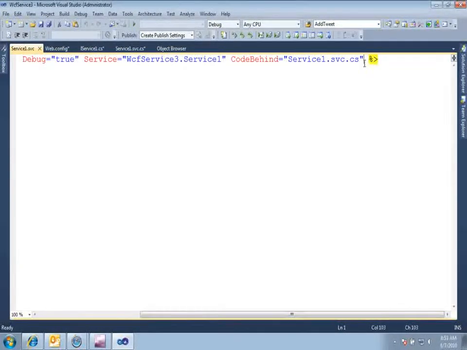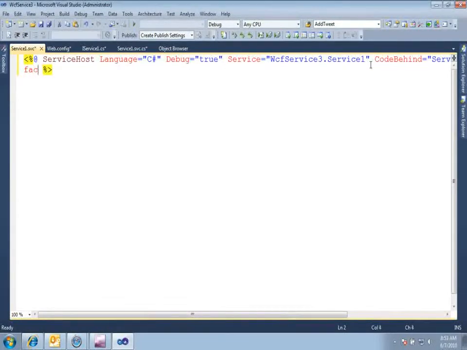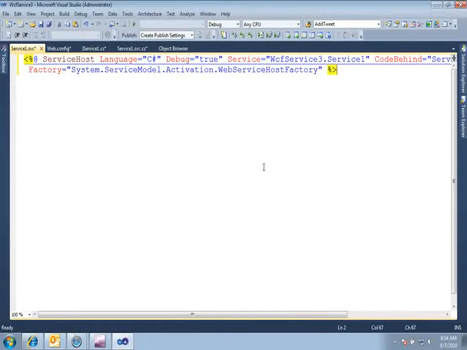And here you have something called factory equal to System.ServiceModel.Activation.WebServiceHostFactory. System.ServiceModel.Activation.WebServiceHostFactory is a class which comes with WCF, which allows you to